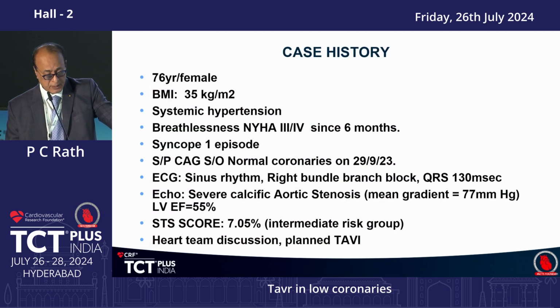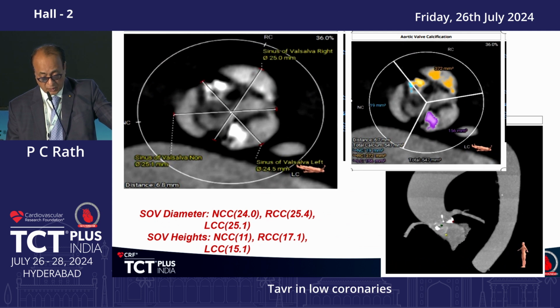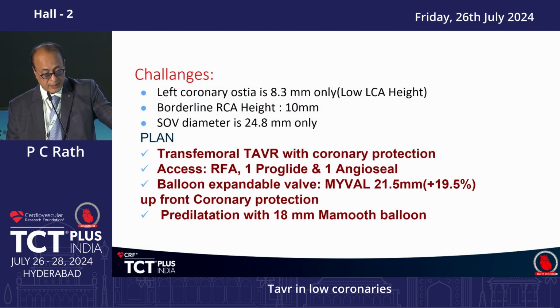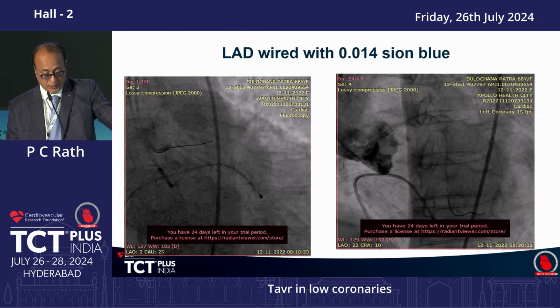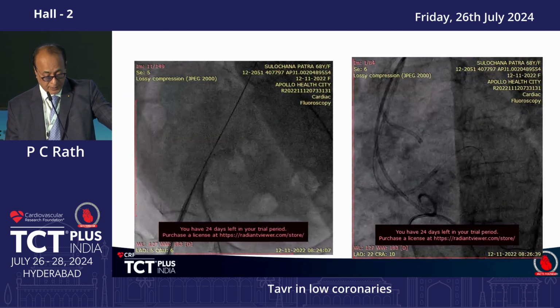This is another patient, 76-year-old female, again critical aortic stenosis, and annulus was 22, and SOV was again small, narrow, and coronary height, again left coronary, was 8.3. So challenges were coronary ostia 8.3, borderline RCA height, SOV is 24.8 only. So we decided we'll wire the LAD, and this is